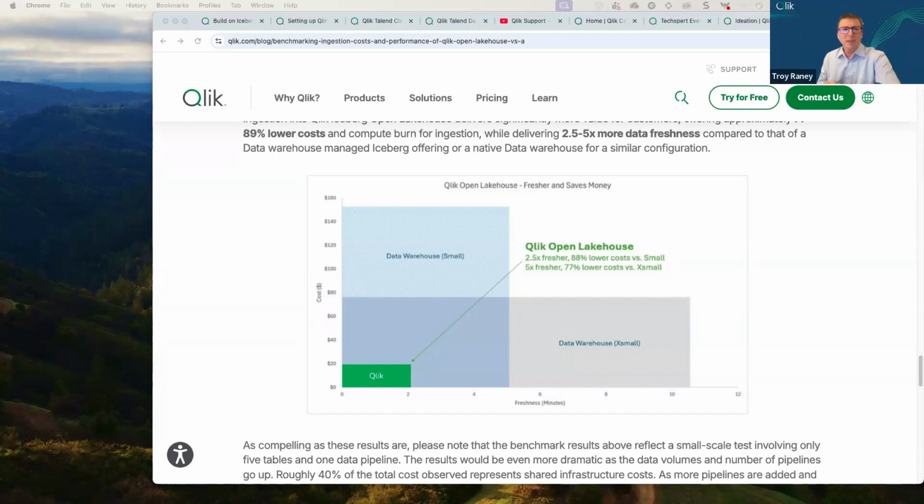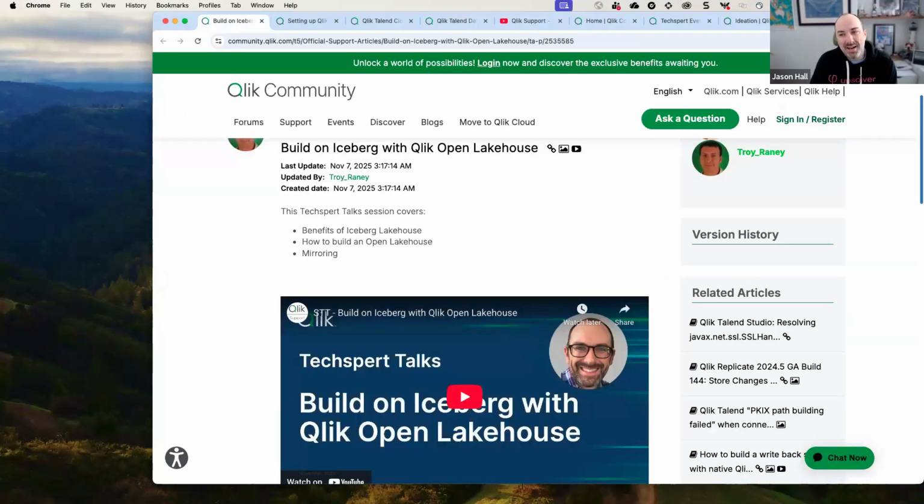Great, thanks. Next question. Why should I mirror my data into Snowflake or Databricks and then make queries there and not directly in Qlik Cloud? Yeah, so one point of clarification. Qlik Cloud is not a query engine. Qlik Cloud is a solution for data pipelines, data transformations, data ingestion, many of the things that we've touched on here. So if you're going to be consuming data for analytics purposes or machine learning or AI initiatives, or whatever the consumption use case might be, there will need to be an Iceberg query engine that consumes